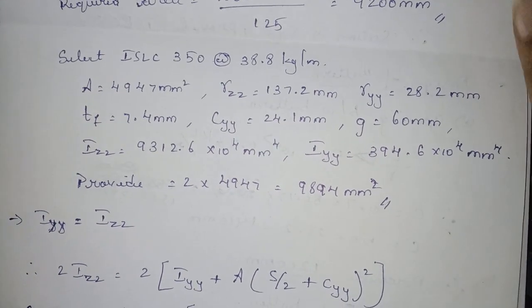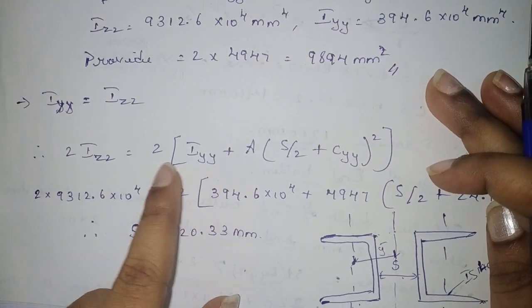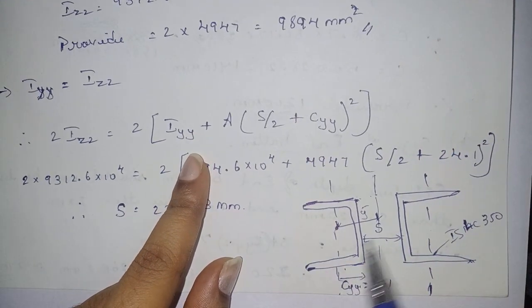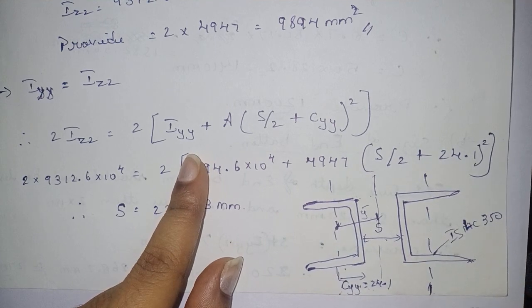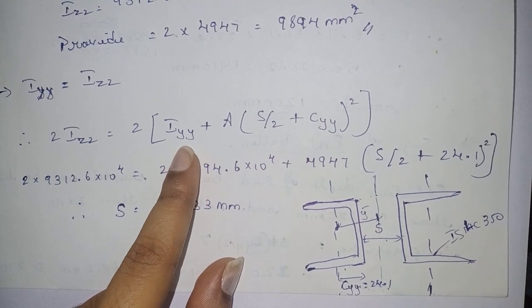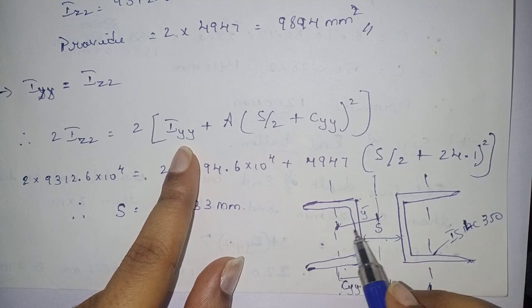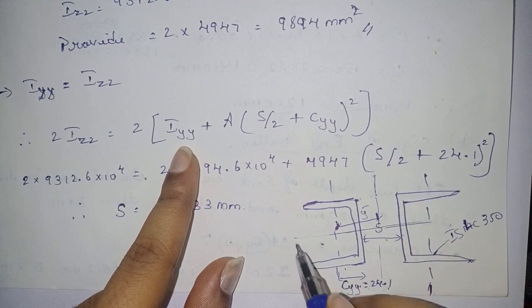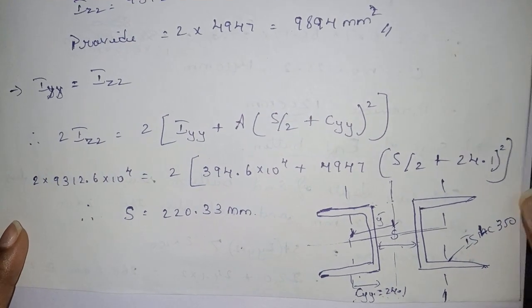Now we'll go for calculation of Iyy. Here you need to take the Iyy. See here, this is one channel section placed back to back. Iyy of this is here, Iyy of this is here. Combined, it will come in the center. So mandatorily you need to calculate what Iyy is. Ixx for this particular section will be somewhere in the middle here, right? For this it will be somewhere here. If you combine, it will be the same at the center. So for that you don't have to calculate because it will remain the same.